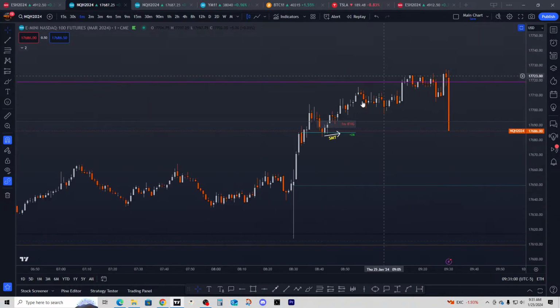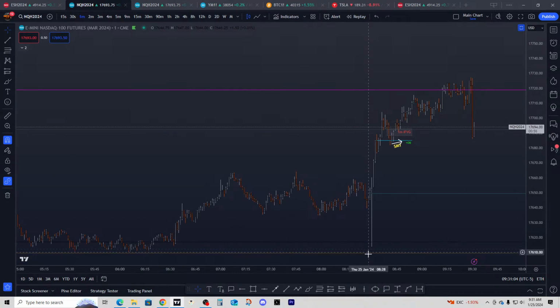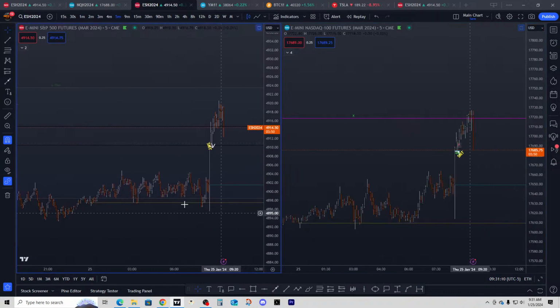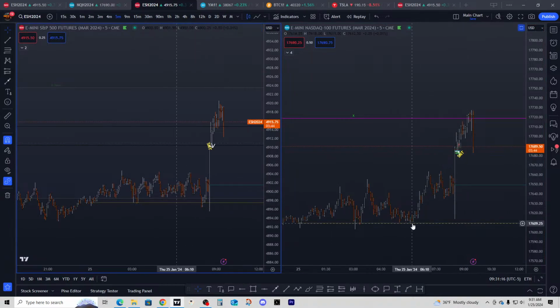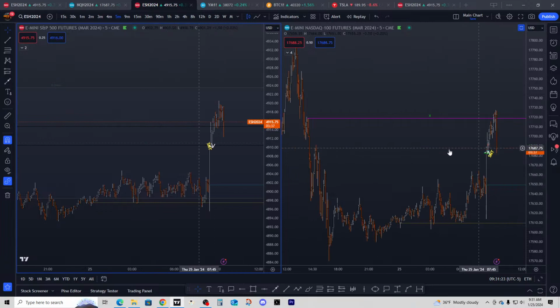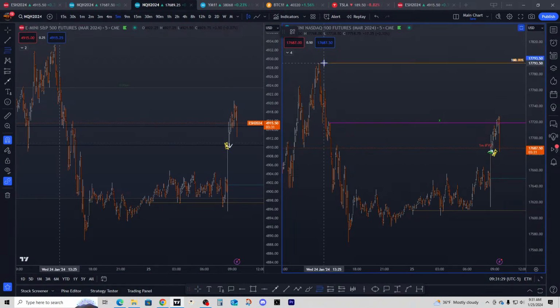Let me just explain this one trade here first, though. So when the news came out, we traded down, took out all this liquidity, and we also came down below here on ES. So if you notice, all this liquidity here taken out on ES, down below here, but we left these lows here on NQ. So that's bullish SMT. So that means we're looking for buys. So internal liquidity here and also here. And if you measure out your range from the high to the low,